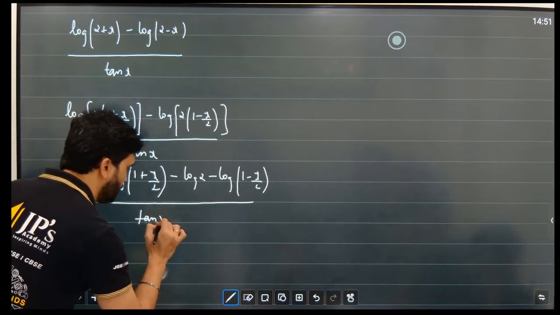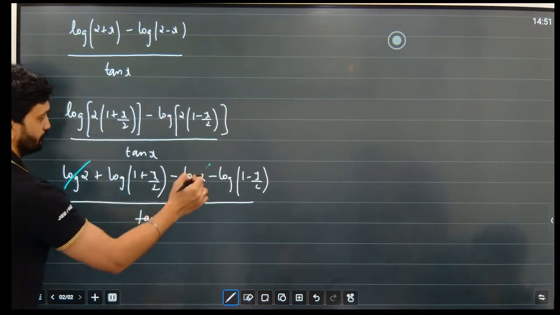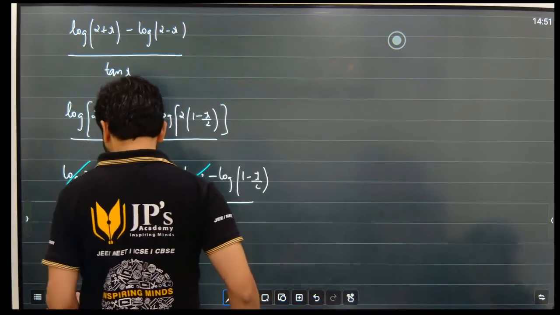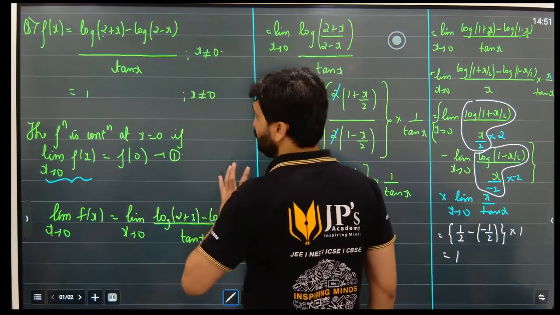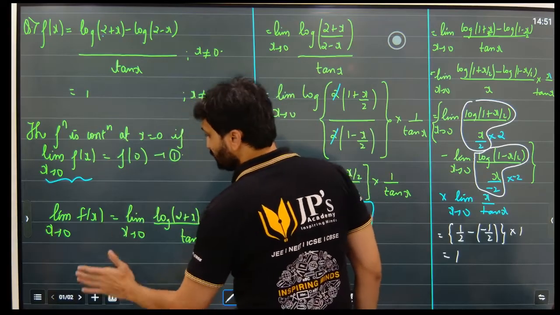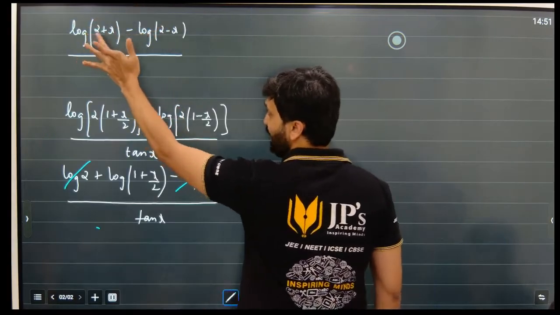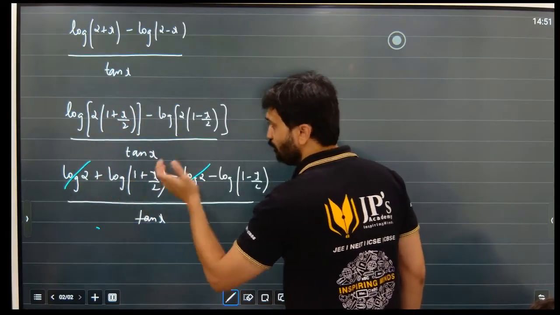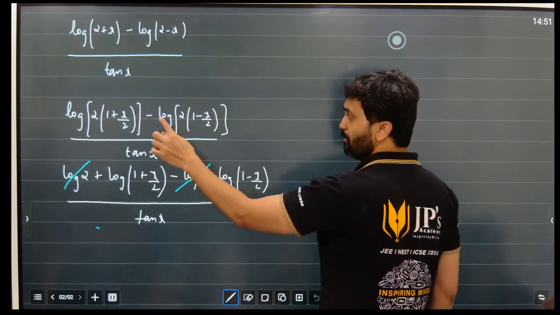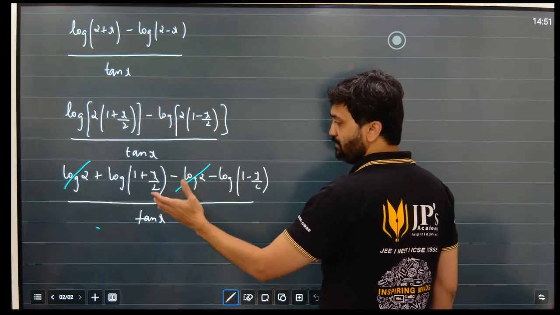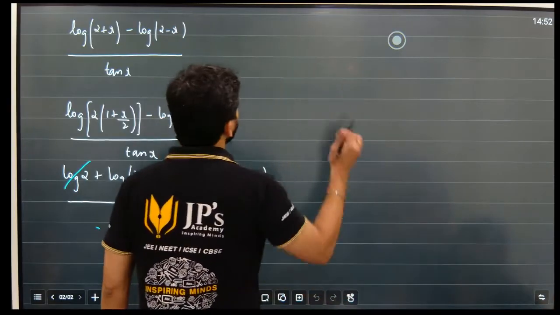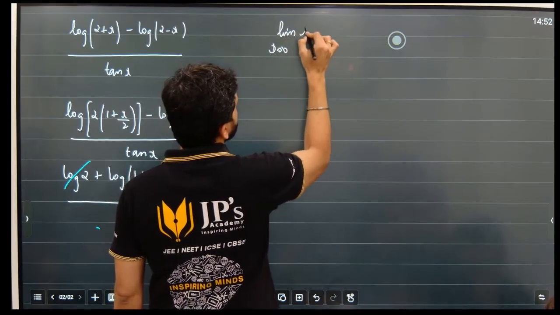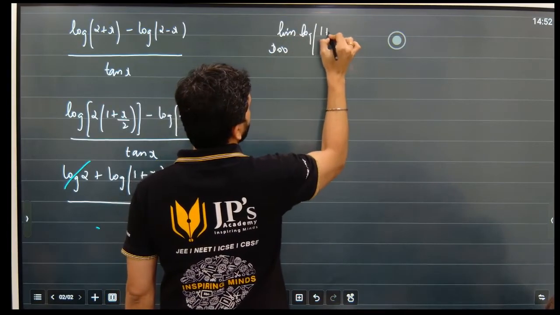Now if you pay attention, look, you got the same step. So it is very important for you to understand how the process went, and the shortcut method is, this can be written as, I can take 2 common, this becomes log AB is log A plus log B. Again, this is log A plus log B, but there is a minus sign, so this plus will become minus, this gets cancelled, and then my question will become limit x tends to 0 log of 1 plus x by 2